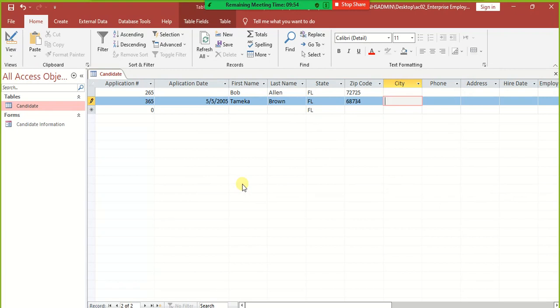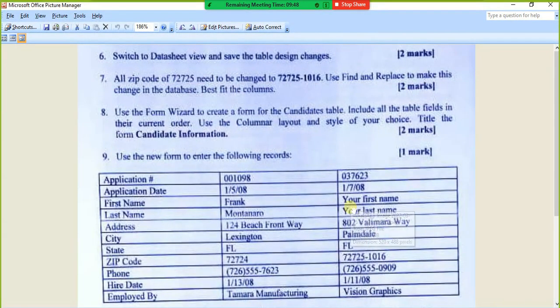I need to touch on one other thing before we get a time out. The next question says that we should change the zip code 72725. We need to change that to 72725-1016, and we must use the find and replace to make that change. In doing so,